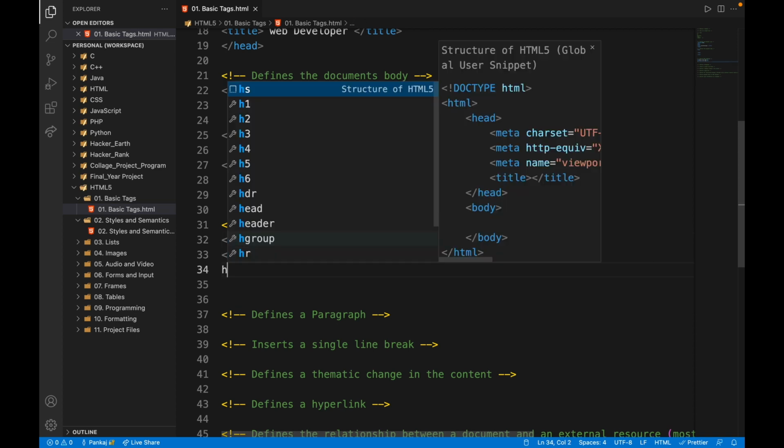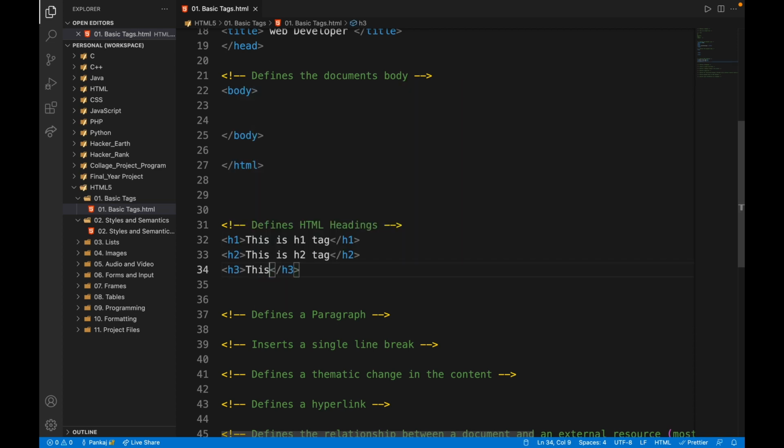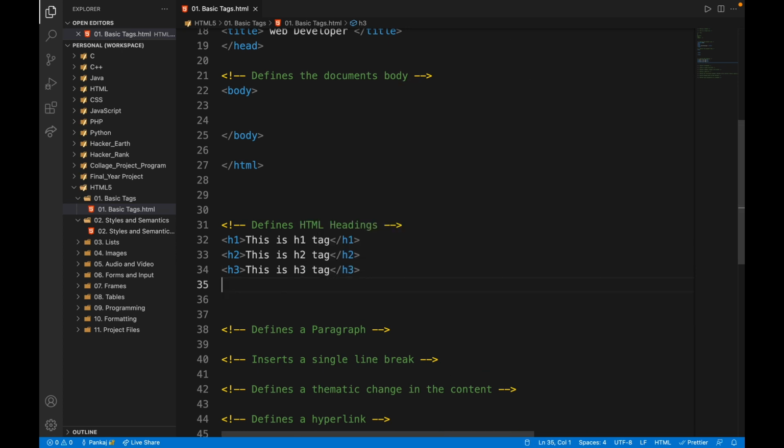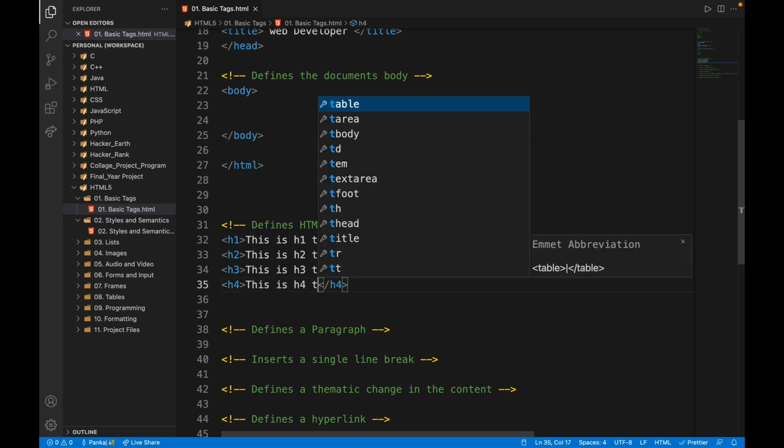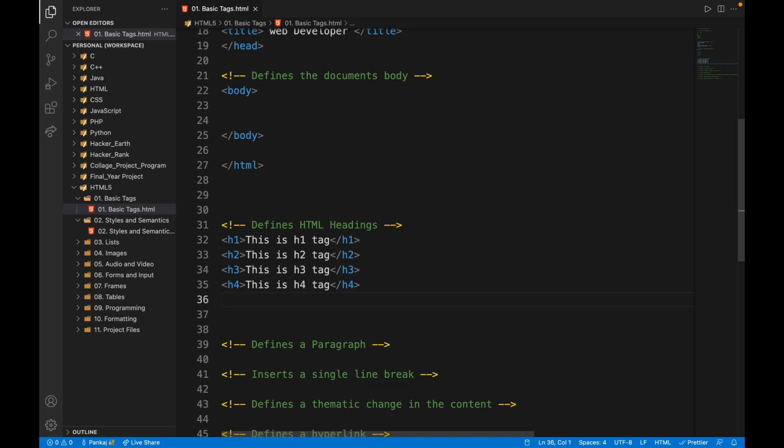Then I'm going to define the H3 tag. This is H3 tag. Then I'm going to define H4. This is H4 tag. Then H5. This is H5 tag.